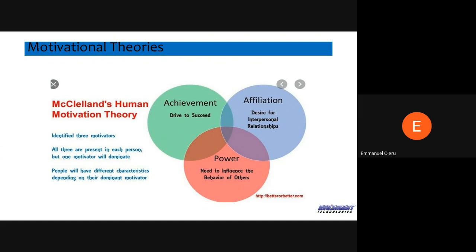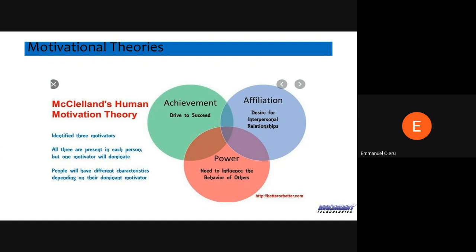Some people want to succeed because of their drive to succeed, and you can see that it comes with power and maybe affiliation. Some people want power, they want to be presidents, they want to be governors, they want to be people that can control other people. And because of that, they have to build personal relationships, sometimes to achieve some things, to show that okay, I'm capable if I'm given this opportunity. And then some people, because of their drive for success, start achieving it, and it takes them to power. And then they have to meet the underlying drive, which was basically to succeed.